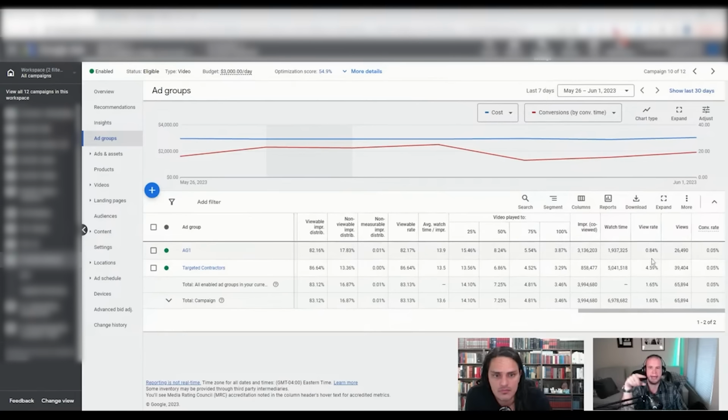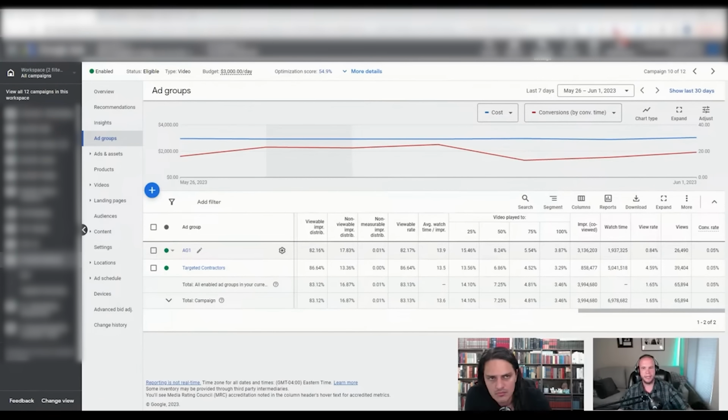View rate is not how often a person saw your ad. That's watch rate. View rate is what people are getting confused. If my ad shows on YouTube search and YouTube in-stream skippable, this is your click-through rate to a watch. What that means is that if you do a YouTube search and your ad shows up and people don't watch it because they didn't click on it, your view rate goes down, even though nothing happened to your in-stream skippables.